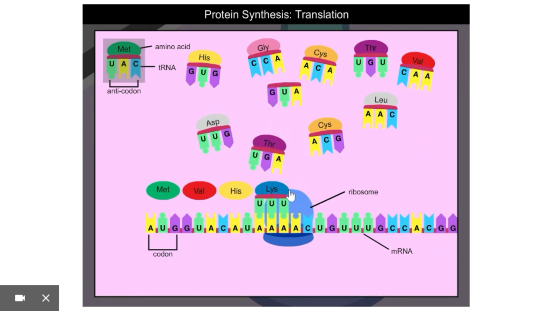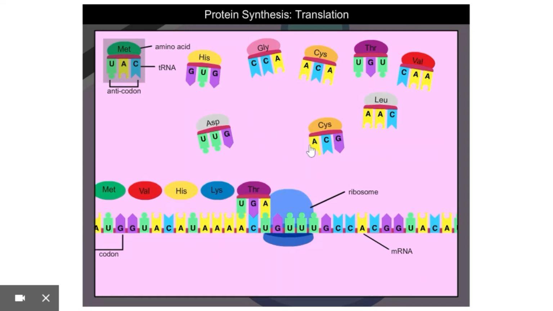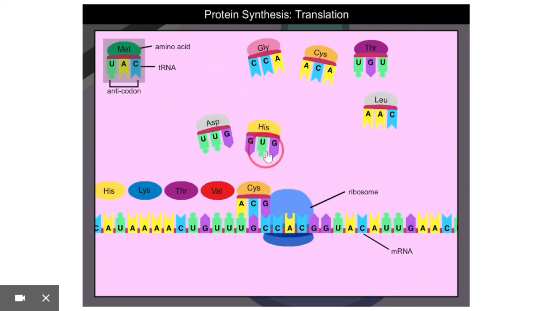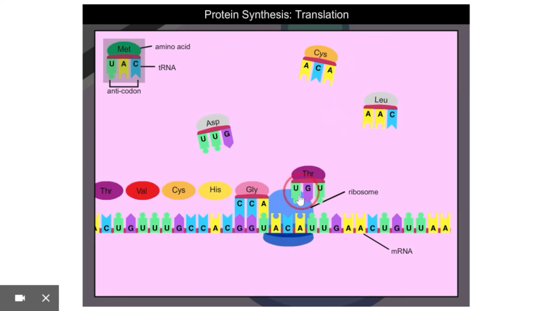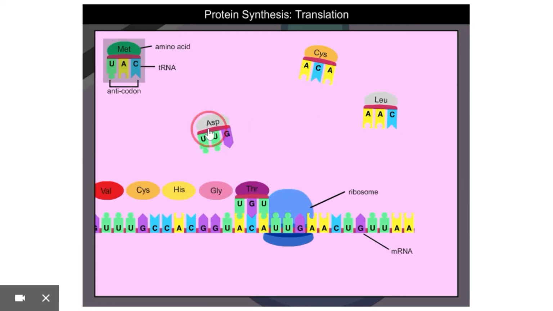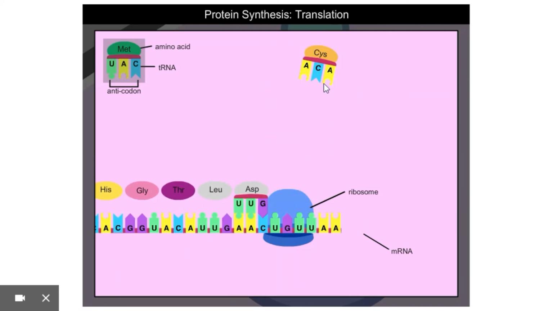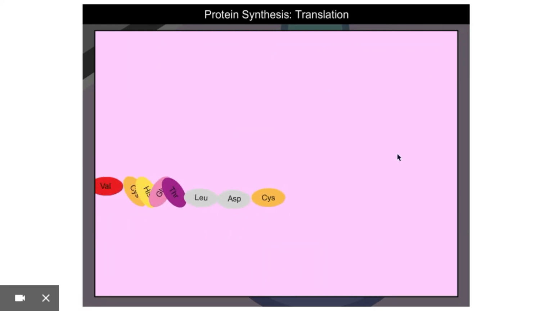So we just build these all up into one long strand of amino acids, to find the ones that fit. Oh, not that one, leucine. Then this one. And when the last amino acid is added in, it stops making the protein, and the protein